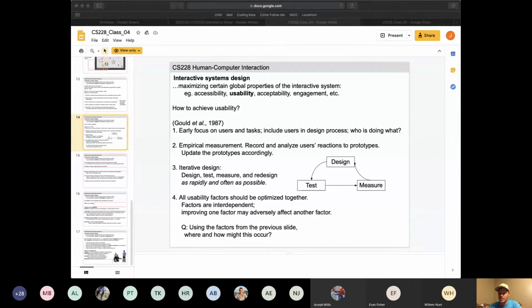Let's see. So Oliver wants to know how PhD classes differ from undergrad classes. So I would say, obviously you guys could take PhD classes if you wanted to. I'd say the biggest difference between a PhD class and an undergrad class is often a PhD class is focused on getting you to a point where you can discover something new about a topic. So if you take